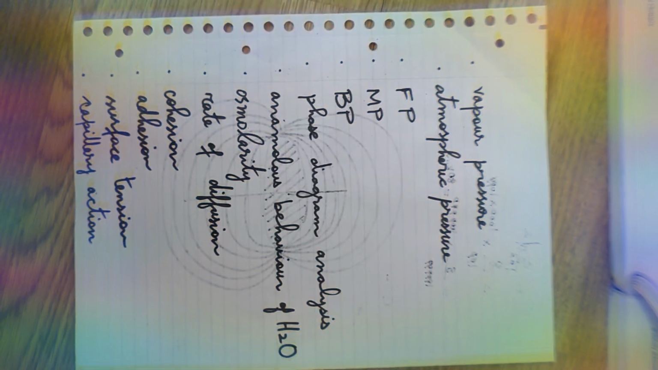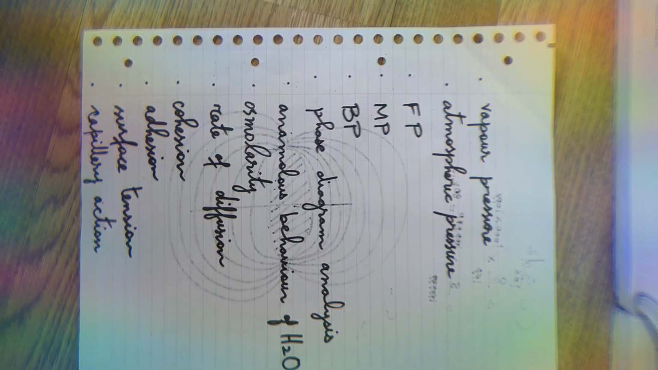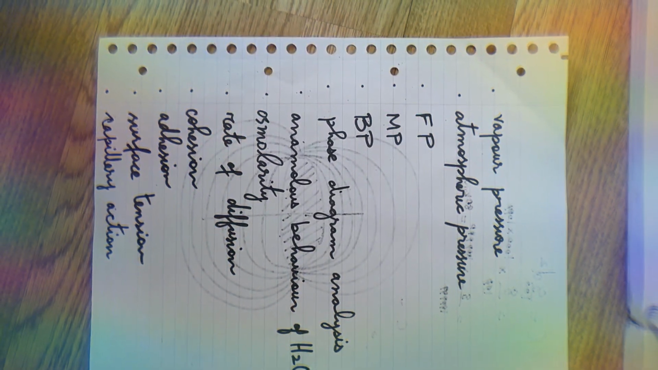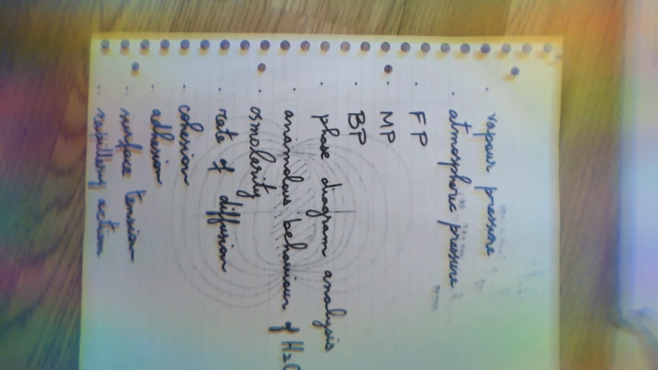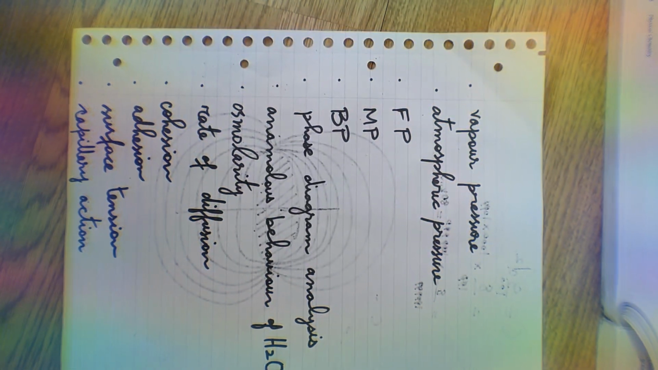And what is a colligative property? A colligative property is dictated by the number of solute particles dissolved in a solvent, and not the type of solute particles. That's the basic idea here, and it would affect